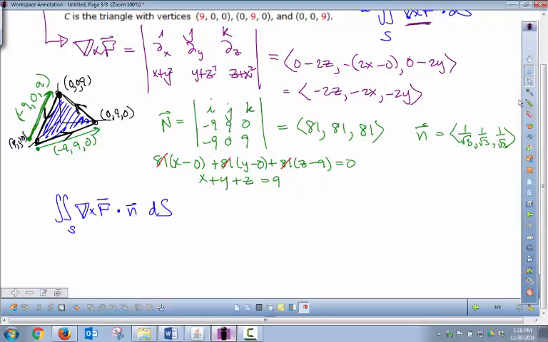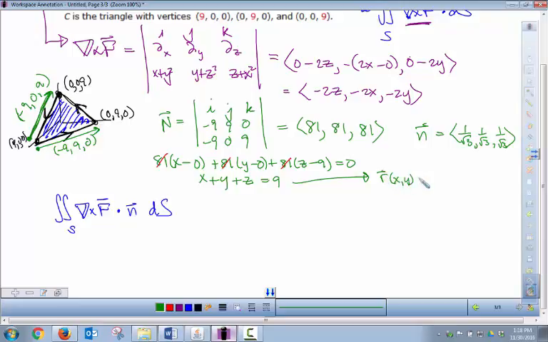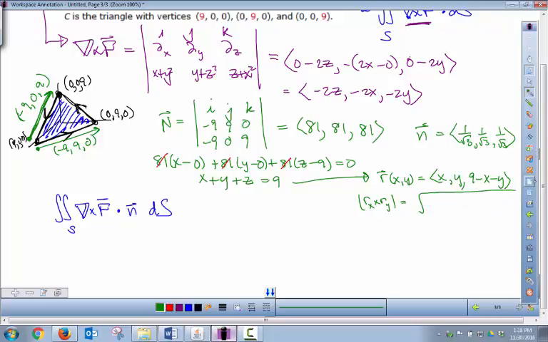So our parameterization for this is going to be R of xy is equal to x, comma, y, comma, and then I would solve for z, which is going to be 9 minus x minus y. And then my surface area component is going to be